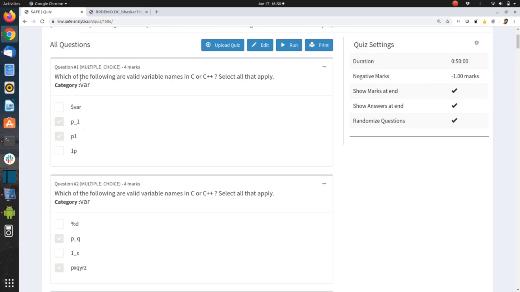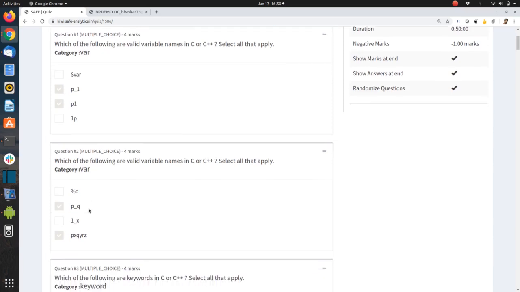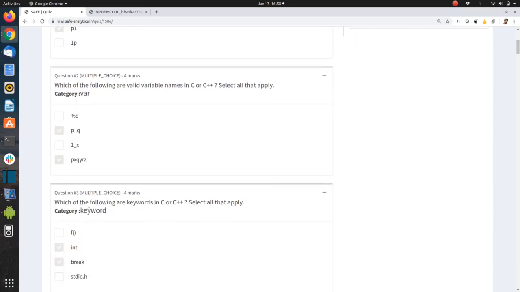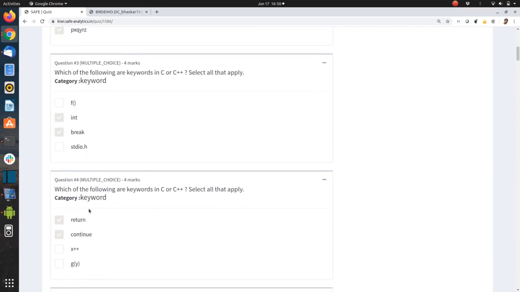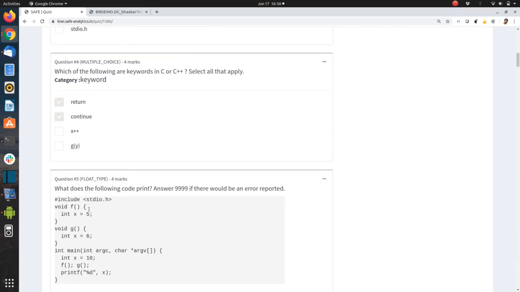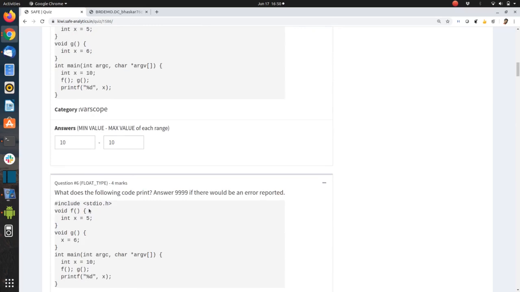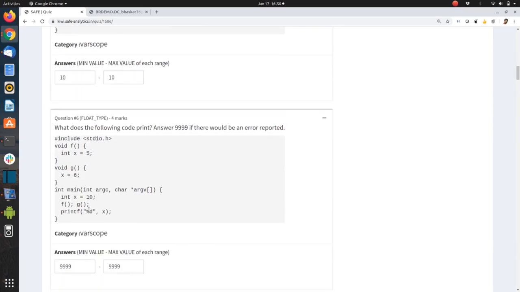So the categories here are named after the topic, the particular topic being tested in the C++ programming language. So this is var. There are 2 questions of category var, 2 questions of category keyword, 2 questions of category var scope. You see here var scope, okay, and so on.